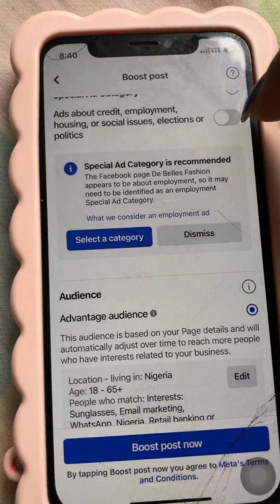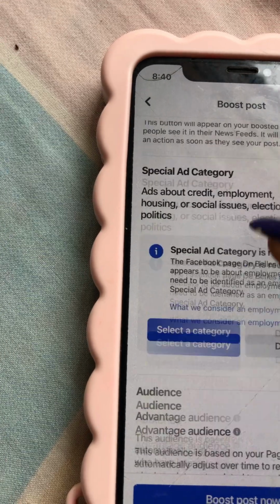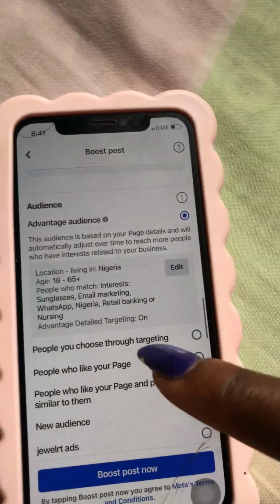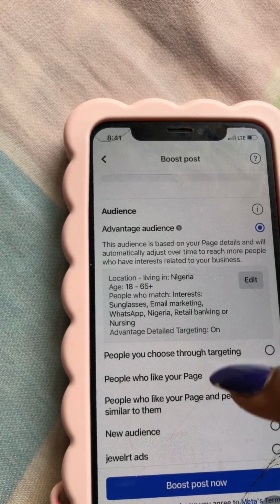Okay, so make sure that this button is off. Okay, I already set it to no option. Okay, select category, advantage audience. Never leave your audience at